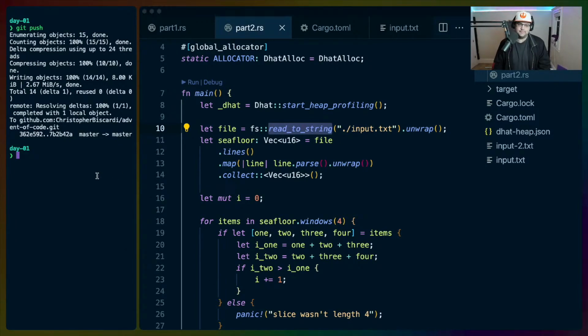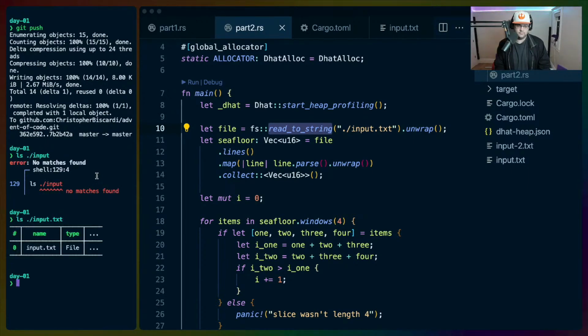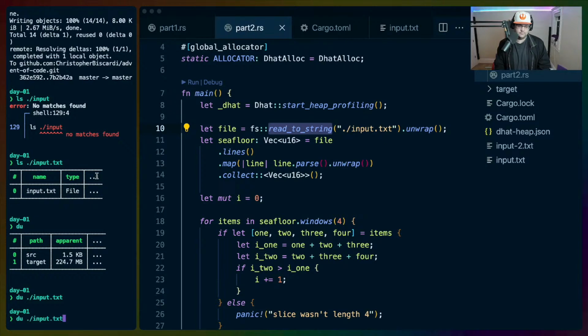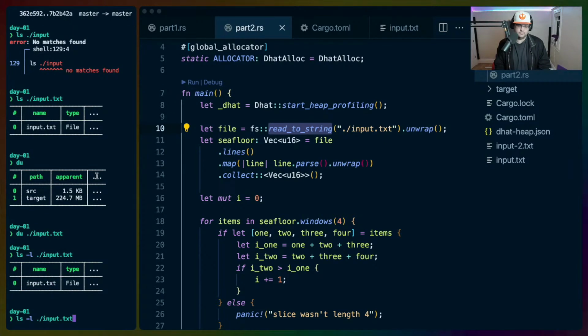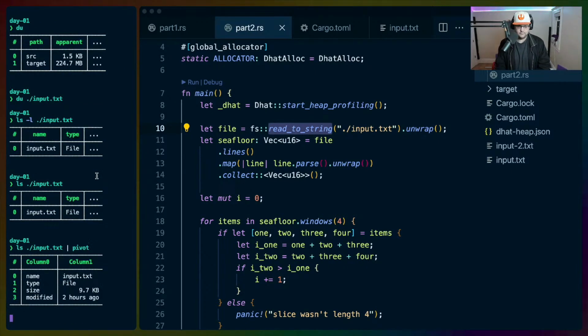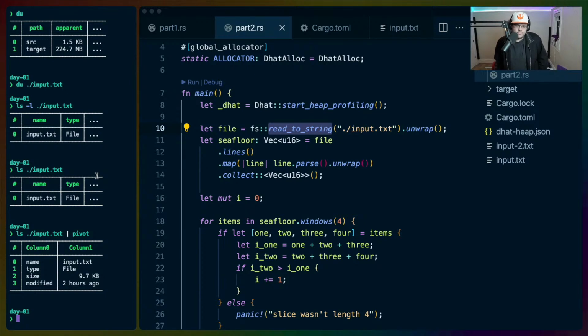How big is the file? File is about 10 kilobytes. And at Gmax, we have 17.